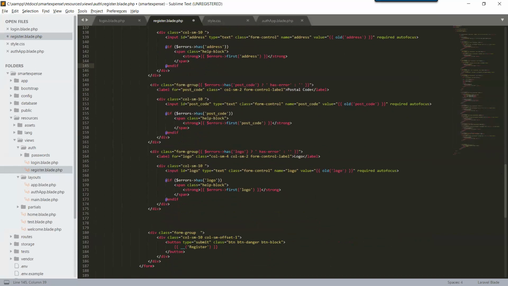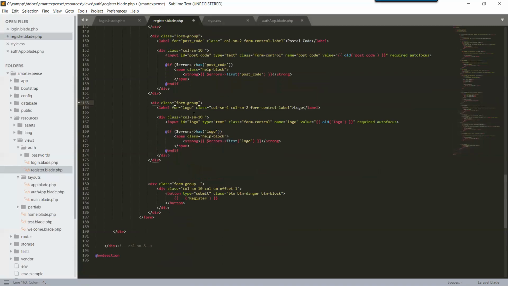So postal code, remove it also from here, the error. So postal code, and we have ID is postal underscore code, type is text, class is form control, name is postal underscore code, and we are displaying old value if there is, and we have an error. If error has postal code, span class help block. Okay, and for logo, we will remove this,